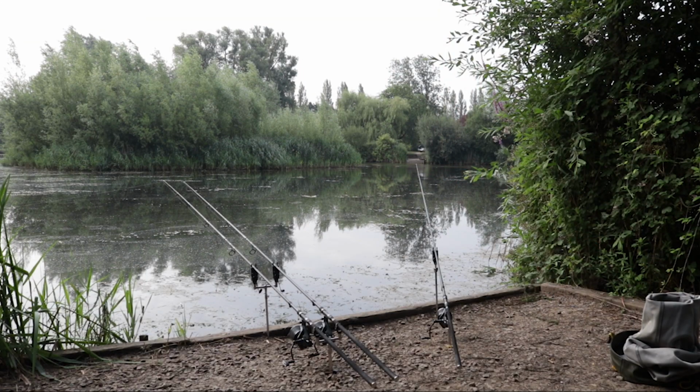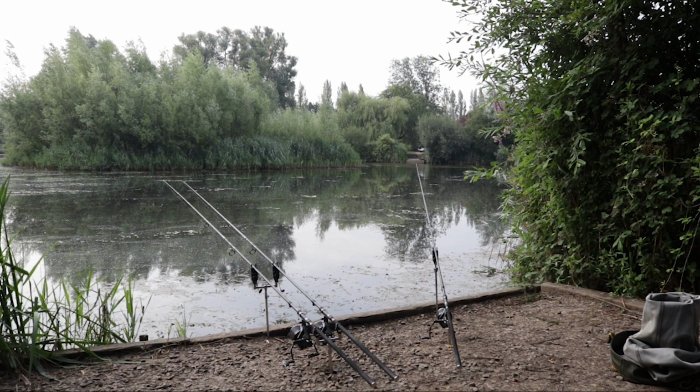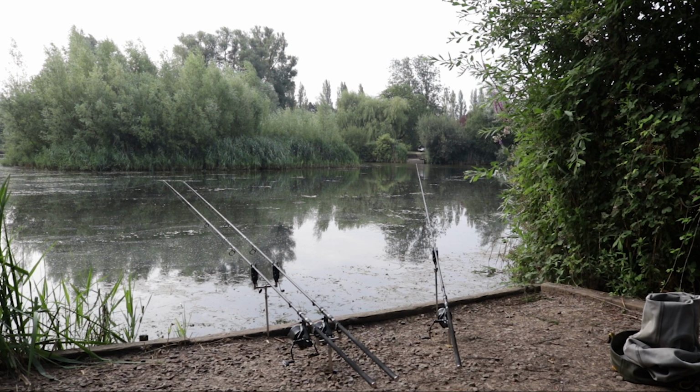Well, good morning, and that is the view I am faced with today. Flat calm, loads of willow fluff on the surface, but I'm just starting to notice the odd sign of fizzing. It looks very, very promising. Now, last night, let me tell you,